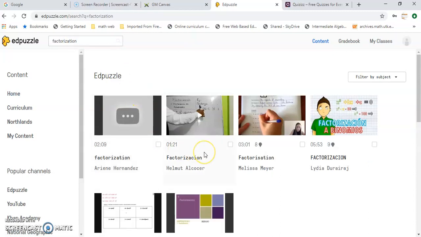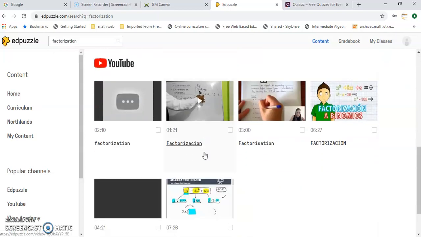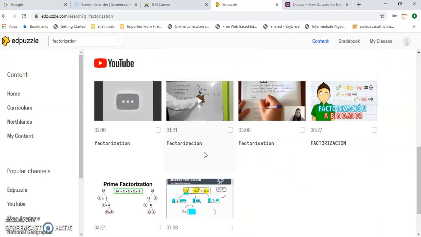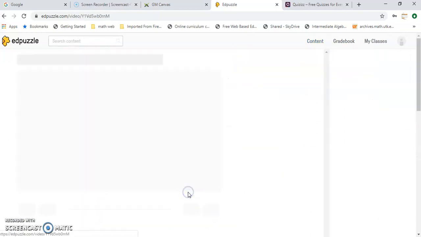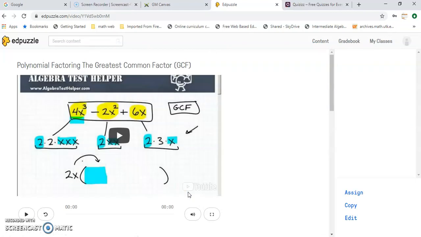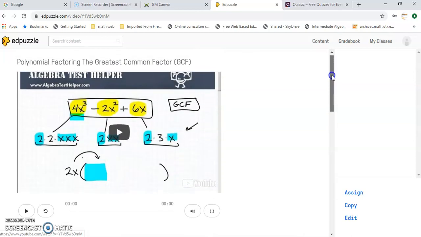So videos from YouTube will appear. Even your videos can appear here if you have uploaded your videos. You can search from YouTube itself. So for example, I have this video here. I will insert here. What is the beauty? Why I was saying this is better than YouTube? Because we can insert questions. Okay, if you play it,